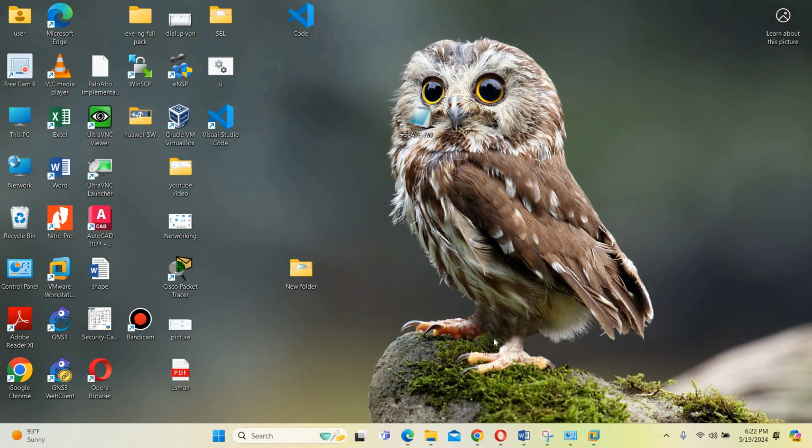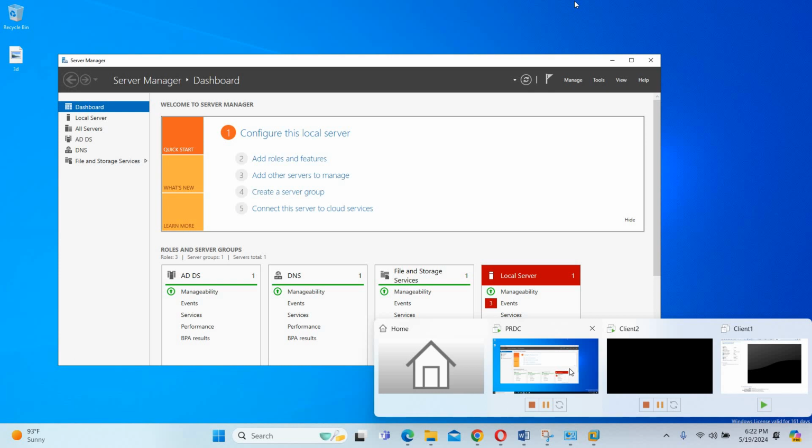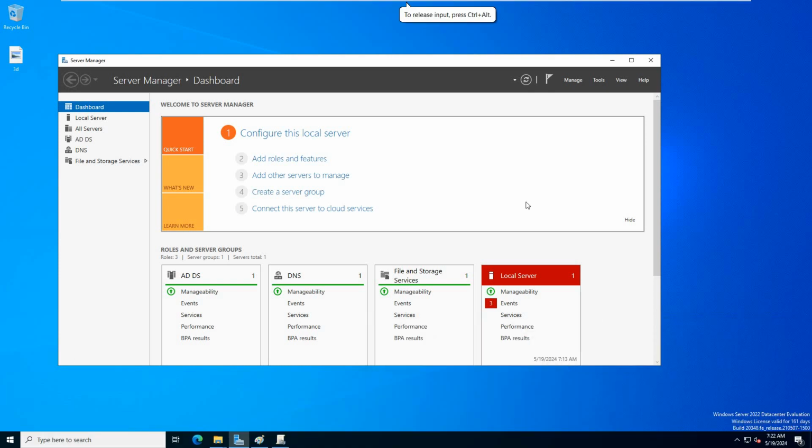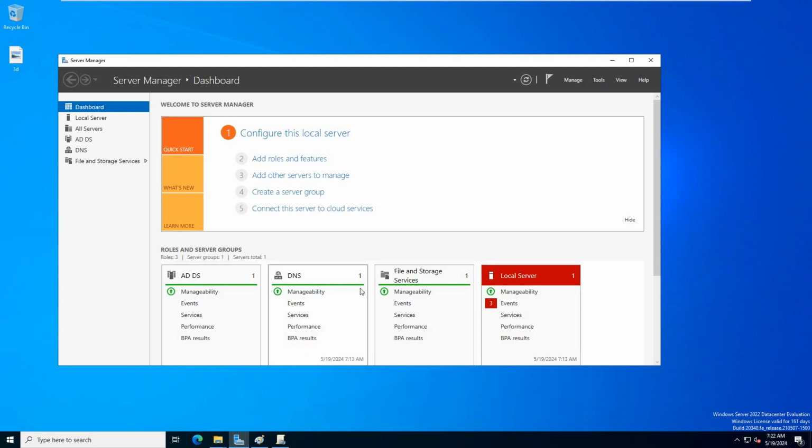Assalamu alaikum. This is Usman, and in today's lecture we are going to do the test for inheritance, block inheritance, and enforce. So what we will do, we will go to Users and Computers, and what we will do,